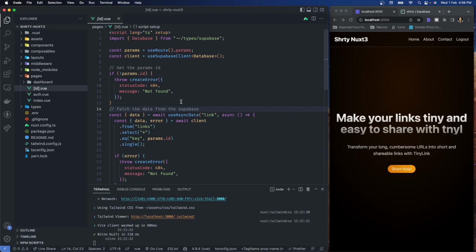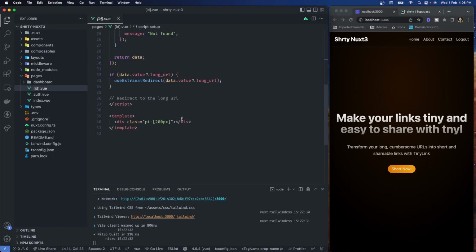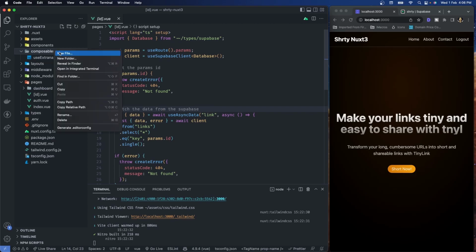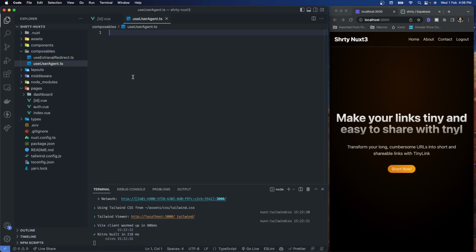So first, just like we did for the external redirect engine, I will create another composable, and we are going to name this composable useUserAgent. So let's create that file. First of all, I will create a type for it. UseUserAgent,